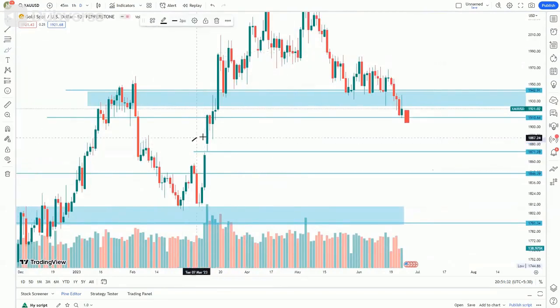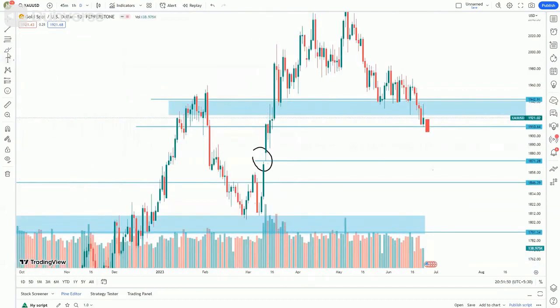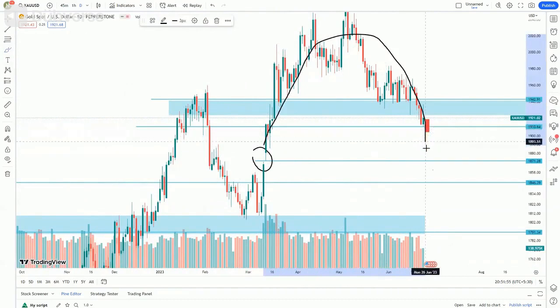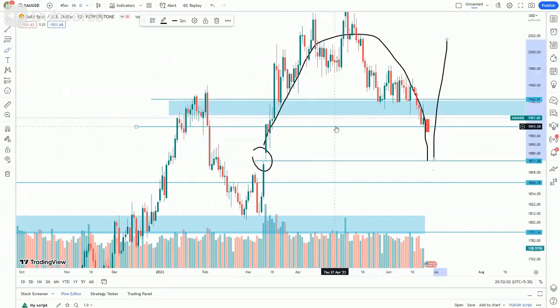I want to tell you one important thing. If you see a gap in any pair, it is possible that the gap will not be filled right away, but there will be a time when the market will go to fill it. You see, this gap has not been filled yet. You see, the circle is so long that the market is coming there. Maybe it is possible that the gap is filled and it becomes bullish. But we have a support of 1910 at the Fibonacci level. We will play 1910 until the market breaks out.